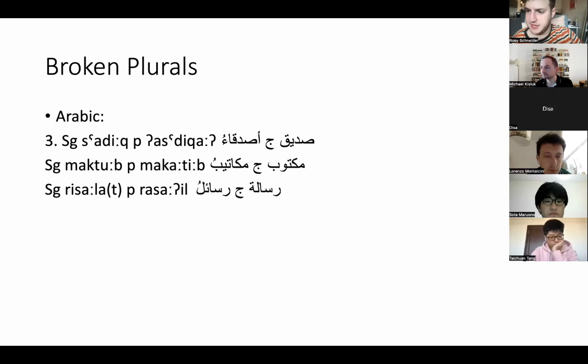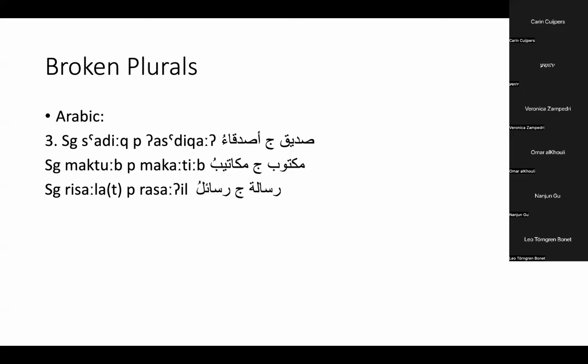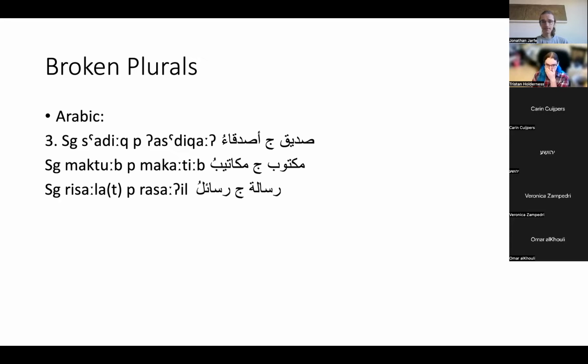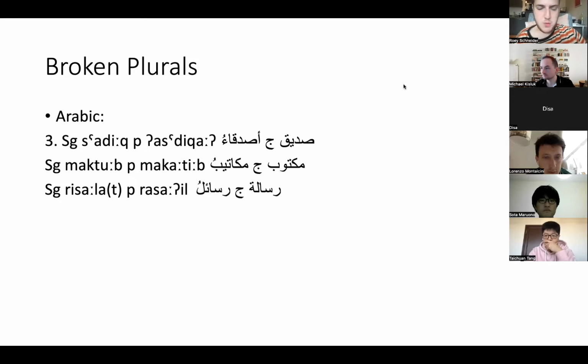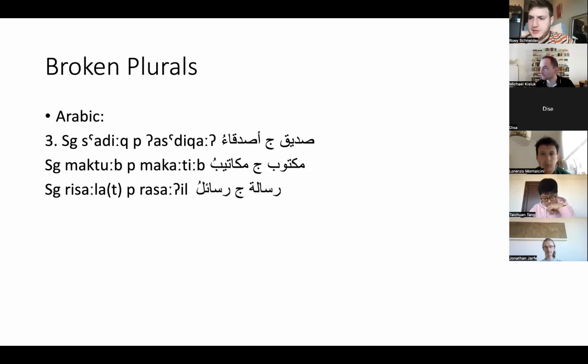So as I said, these forms are special in that, first of all, they don't receive the N suffix, the tanween, which usually is added to indefinite nouns in Arabic, like the M in Akkadian. So the M in Akkadian is un in Arabic. And the other way that they're special is that they only have two case endings, the nominative and the accusative, which is the one used for the genitive as well.